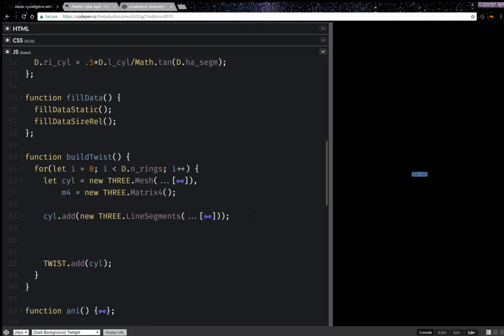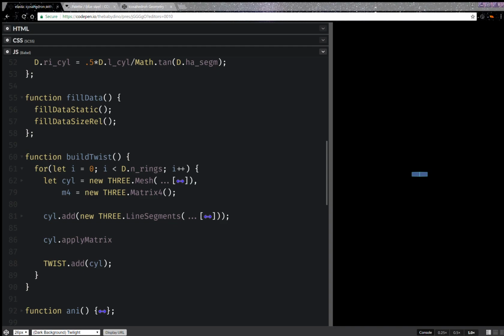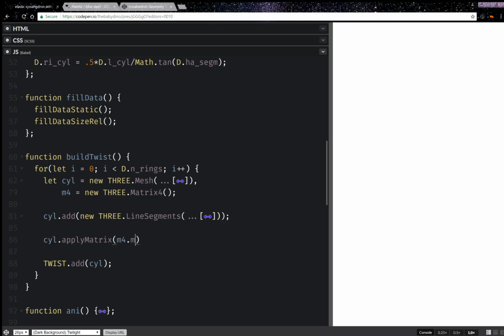Now after I've set these edges, I'm going to set apply matrix, and here I'm going to use this sum matrix. Make rotation, and this is going to be z I times